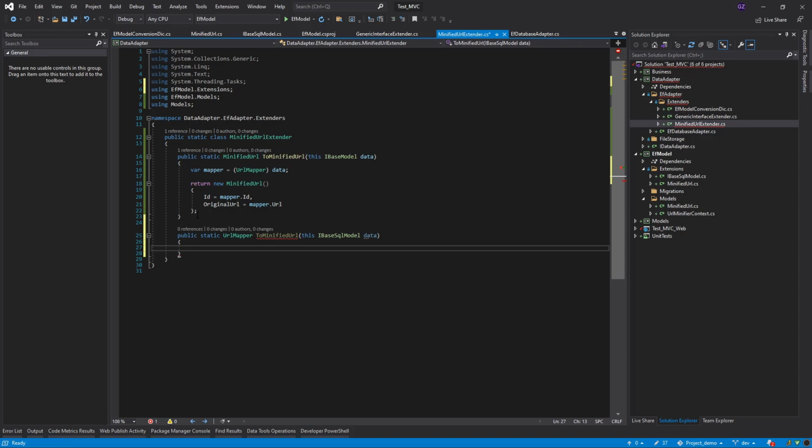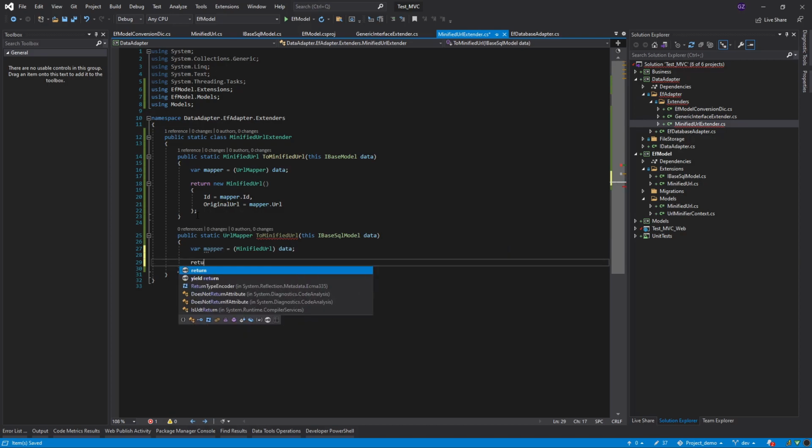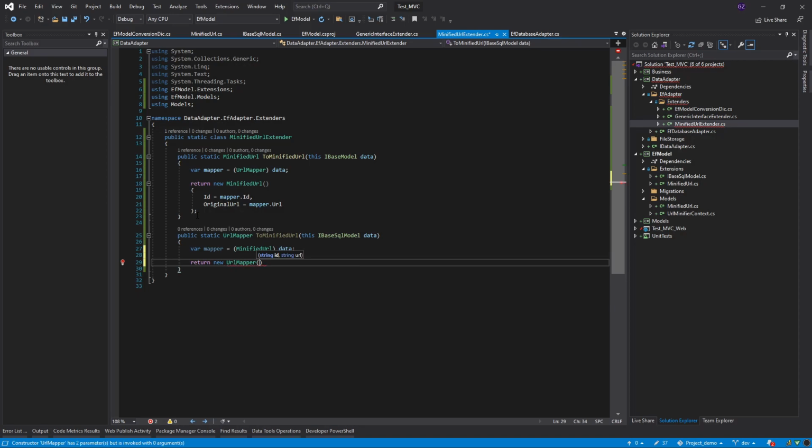So I'm going to say var mapper equals minified URL of this data, and now I can just say return new URL mapper, and then here I'm going to have mapper.id and mapper.original URL, straightforward. So we have successfully built this extender, and now we have to go back again to the